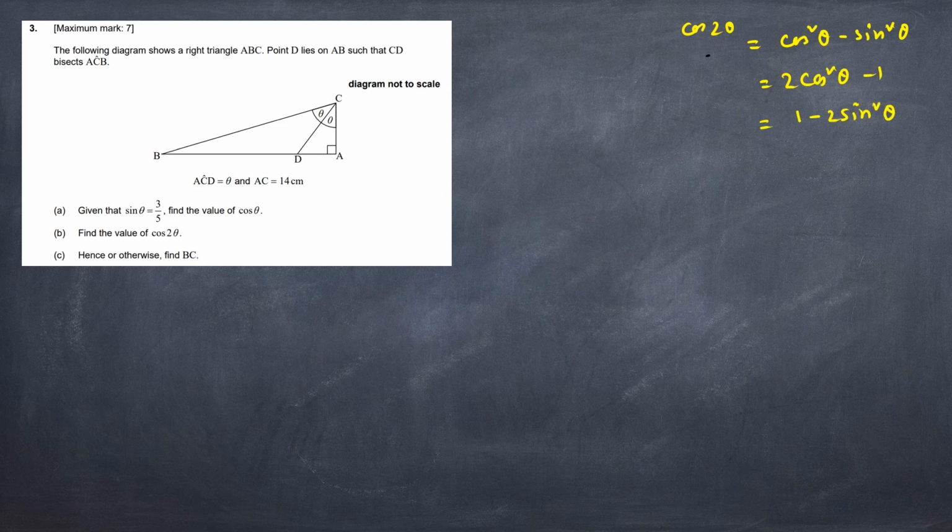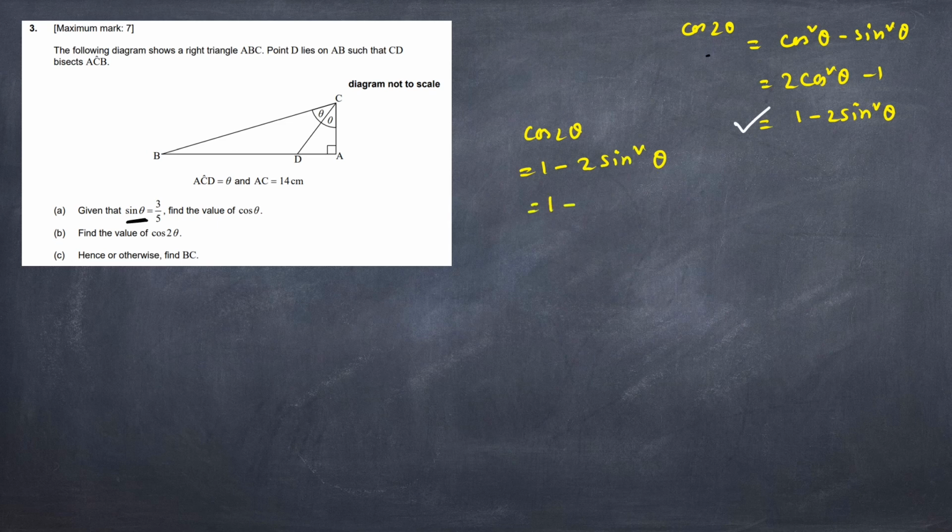Now, as in the question you have the value of sin theta given, we will use the formula where sin theta is involved. It is a very good practice. You are doing the problem from the value that is already given in the question, so it is a very good attempt. So from here we can do this problem in this way: cos 2 theta is equal to 1 minus 2 sin square theta.